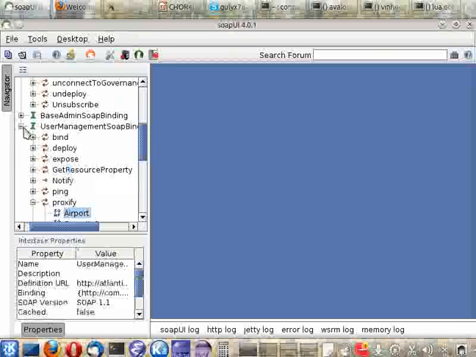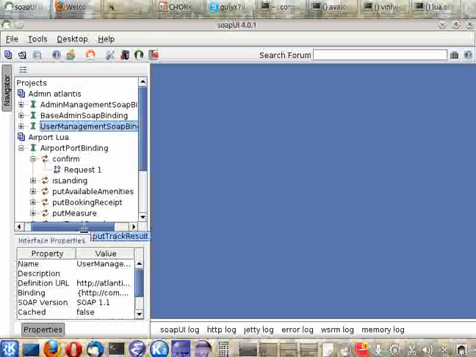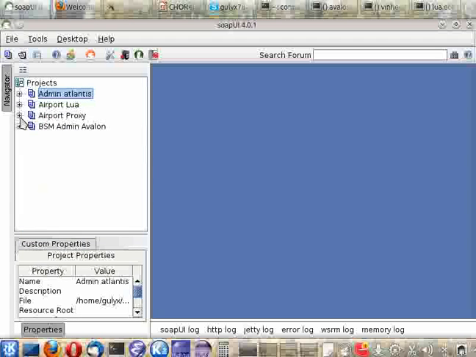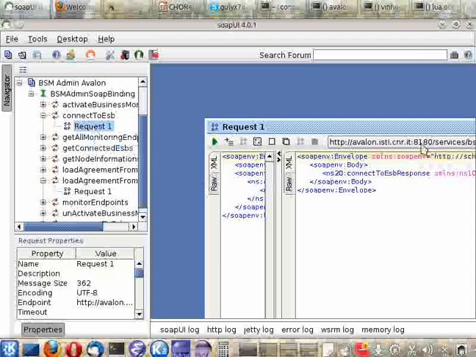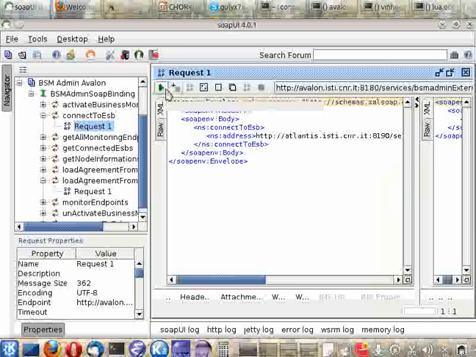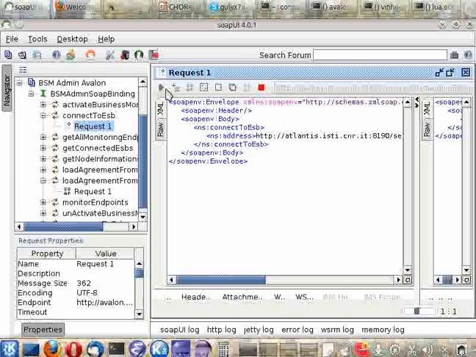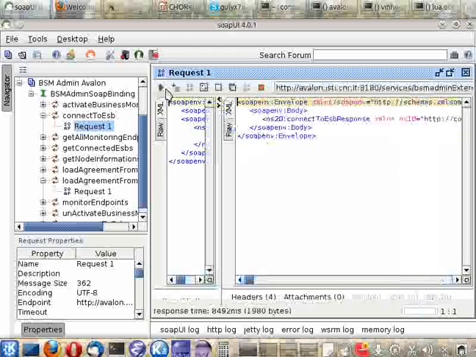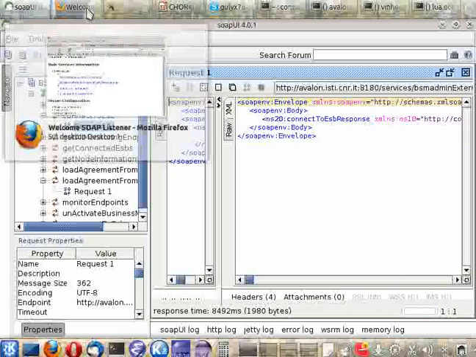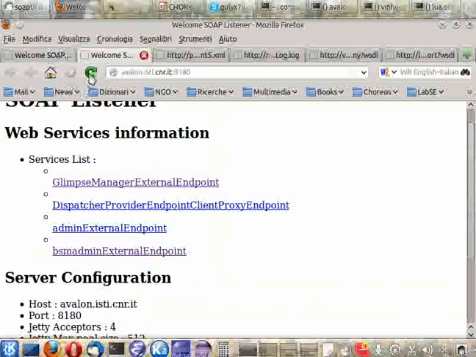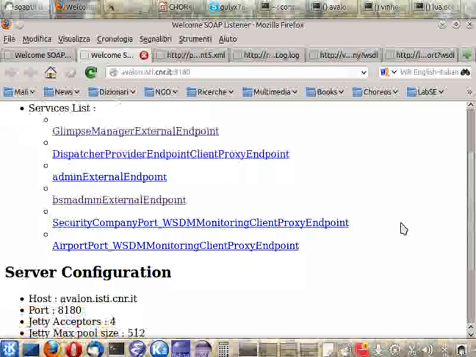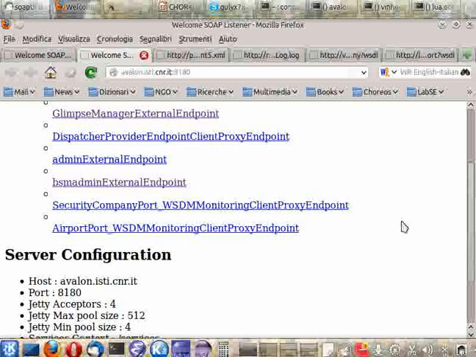We go in the administration panel of the BSM, and we connect the BSM to the ESB. Okay, the request is made. Let's check. As you can see, the BSM revealed the services connected to it, so it can analyze events that deal with those elements.